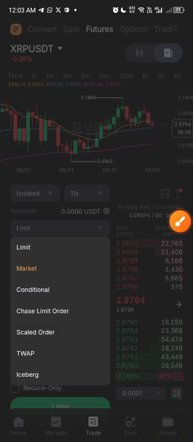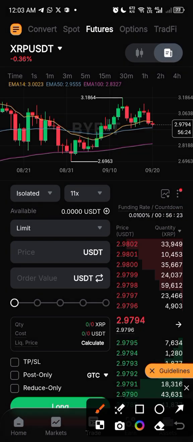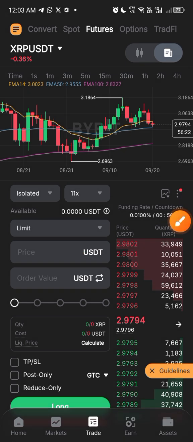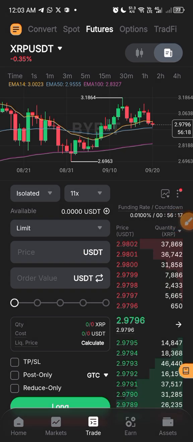But if I put it on limit, you can see the price right now is here. So if I want to check a price, depending on the price of the coin that you want to trade,